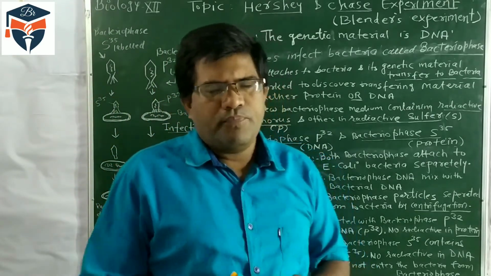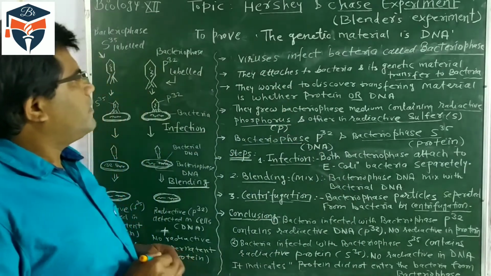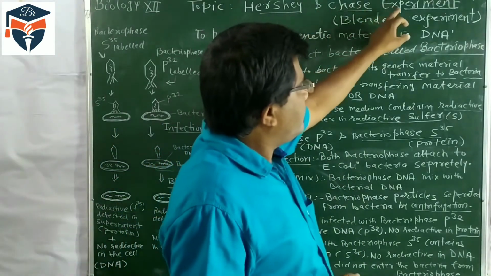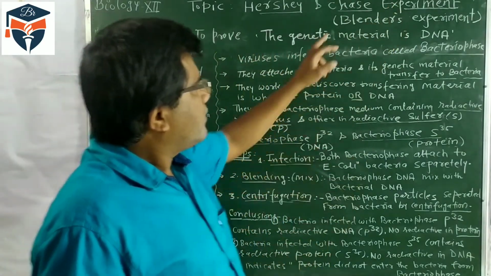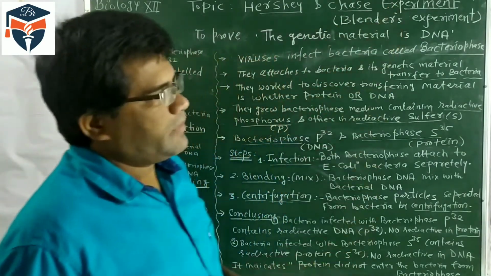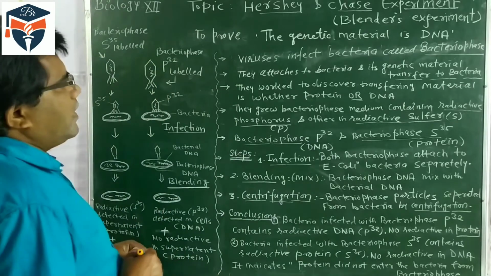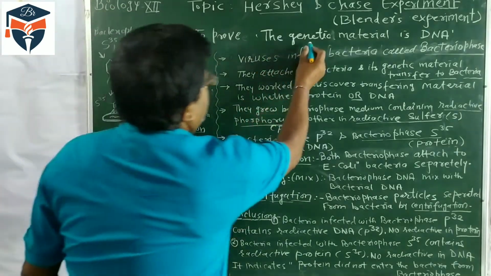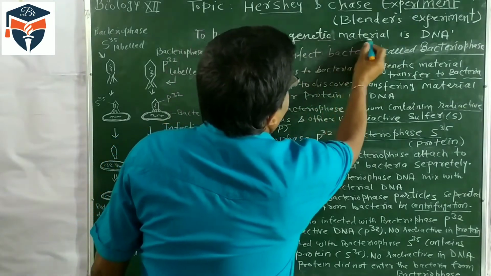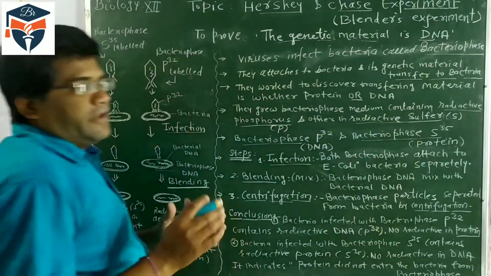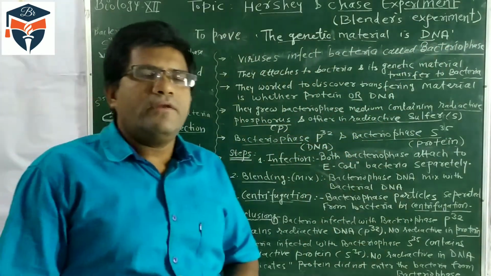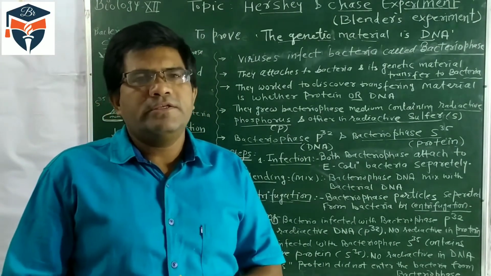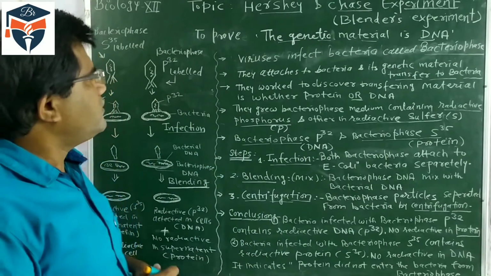Now another experiment was given by Hershey and Chase, and this is called the Blender experiment. By this experiment also it is proved that the genetic material is DNA. So this is another experiment to show that the genetic material is DNA. So for this experiment,